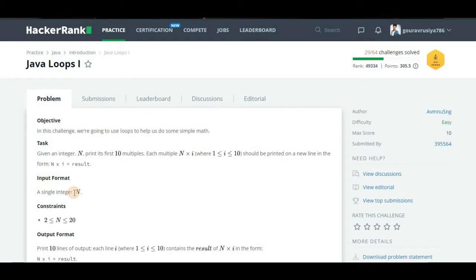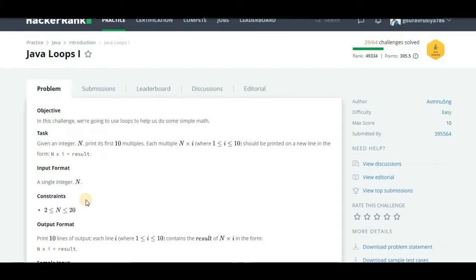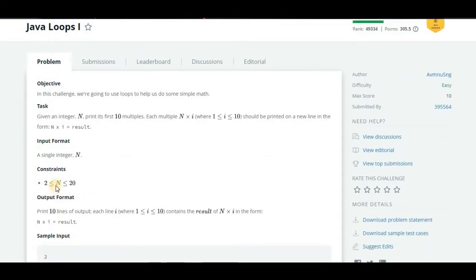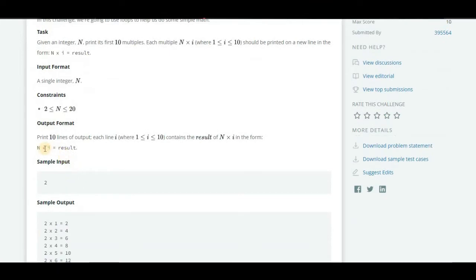Given a single integer n, which we will take from a scanner, the constraints are that n should be greater than 2 and less than or equal to 20. The format should be n x i = result, and we will have to print 10 lines because we have to iterate i from 1 to 10.